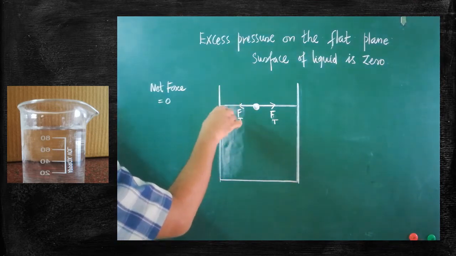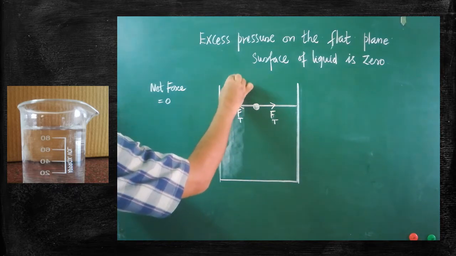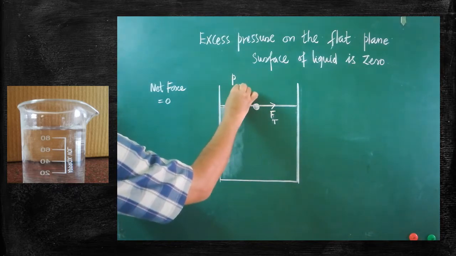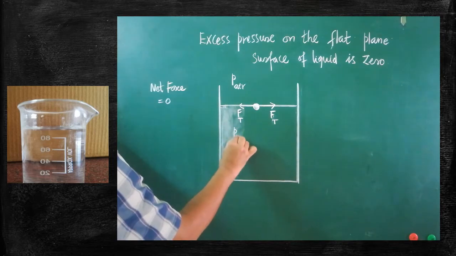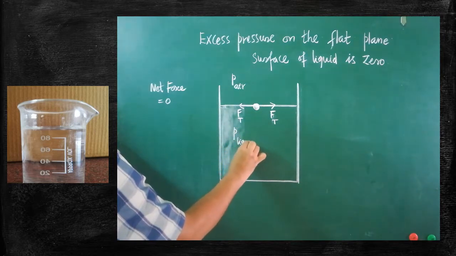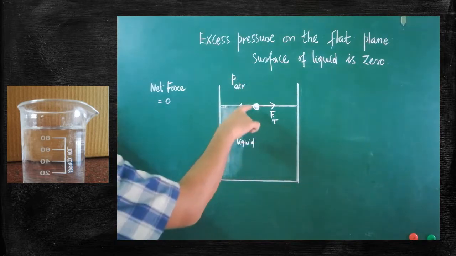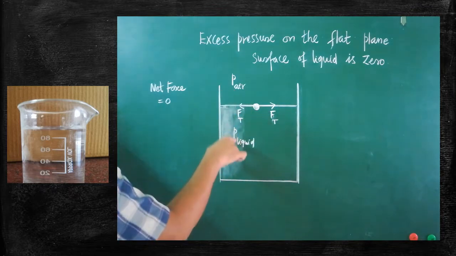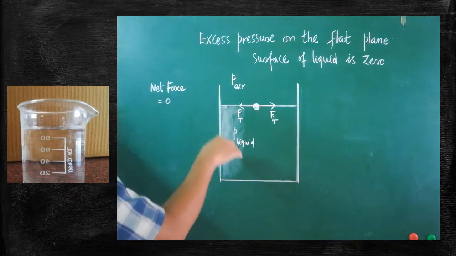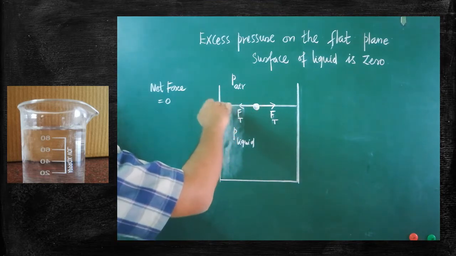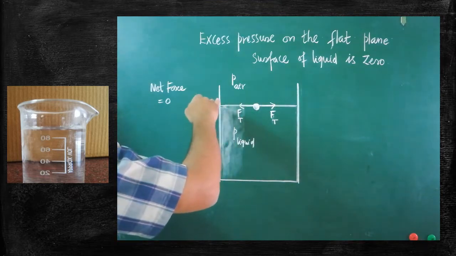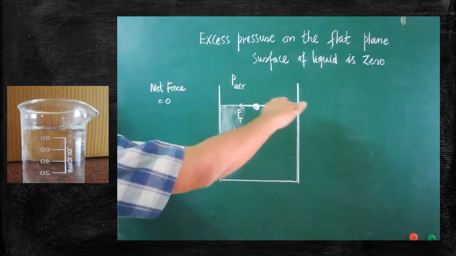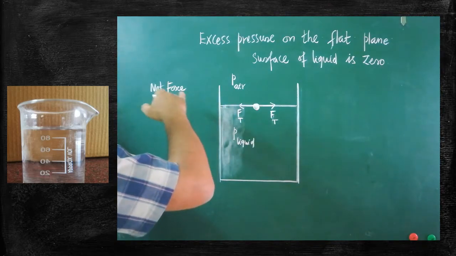And one more thing is the pressure here. The pressure due to the air medium and the pressure due to the liquid medium, both of them will be equal. Here also, is it clear? Both are equal and opposite. The pressure value on either side is also equal and opposite. So because of that, what will happen? The level of water or the level of liquid will be flat and it is plane in nature.